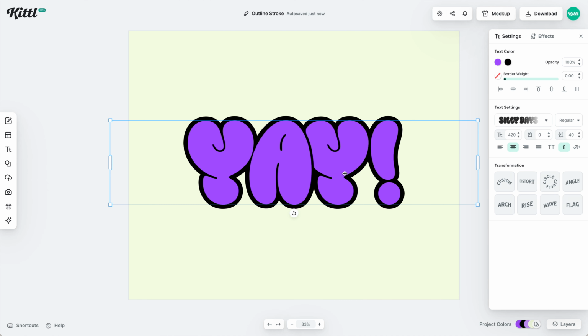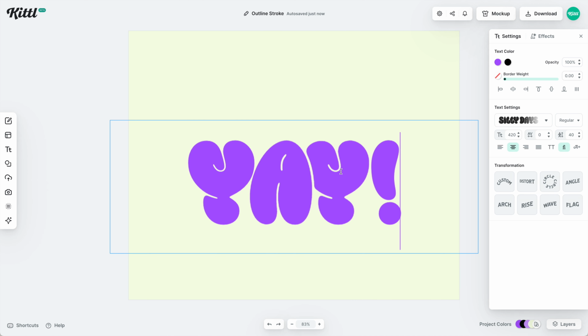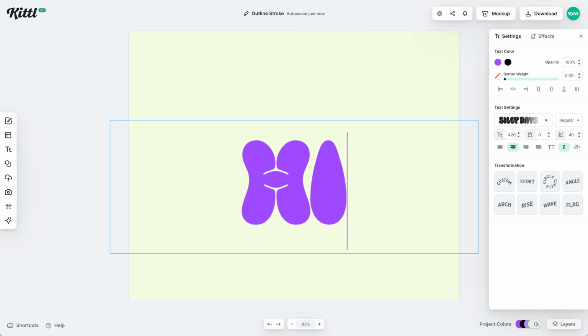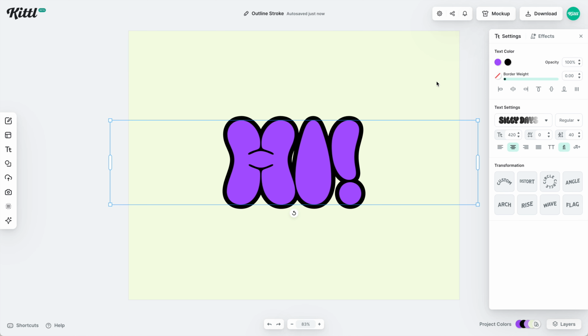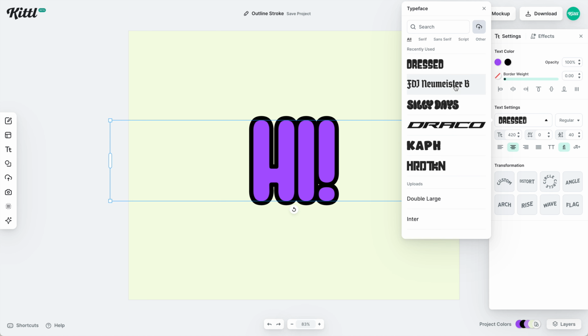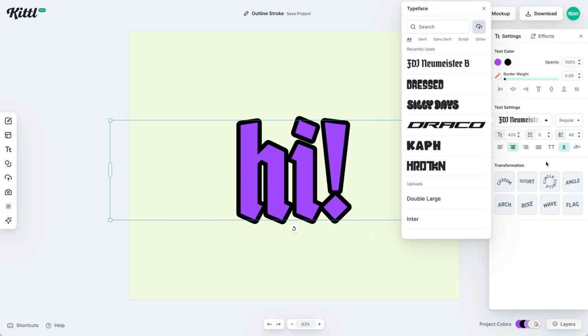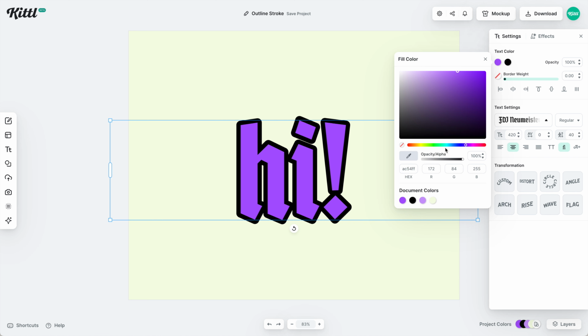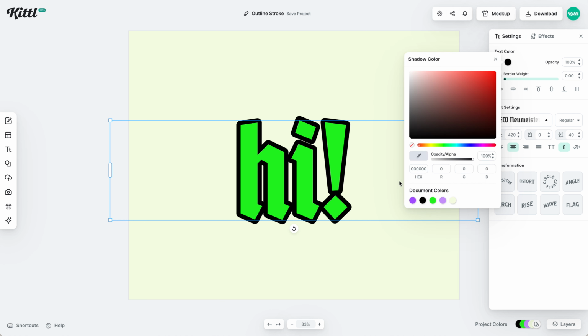Now, another really great thing is once you have the outer weight how you want it, you can of course go in and type any other word that you want. So instead of what we had, maybe we type hi, and then if you want a different font, you can easily go in and select a different font, and the effects have stayed the same. And you could also go in and of course change your colors to anything else that you want. Of course, you can change both the inside and the outside color. So we can select the second color, and then we can choose something different for the stroke or the outline